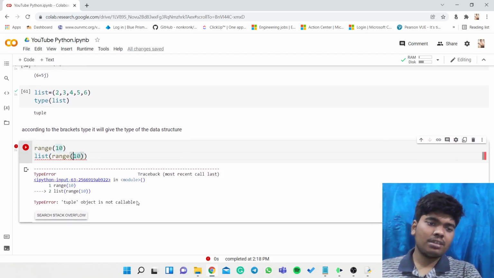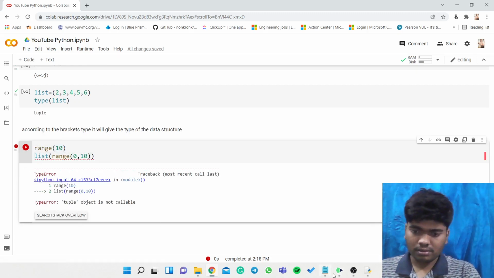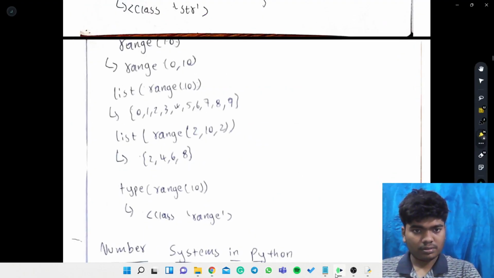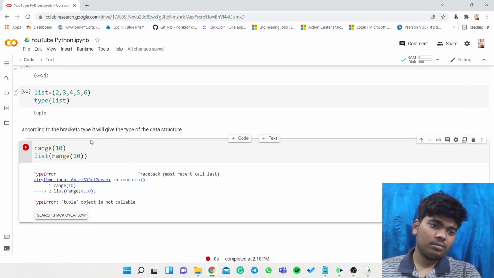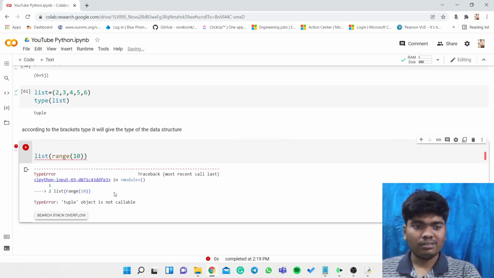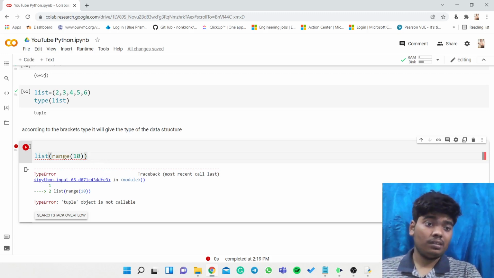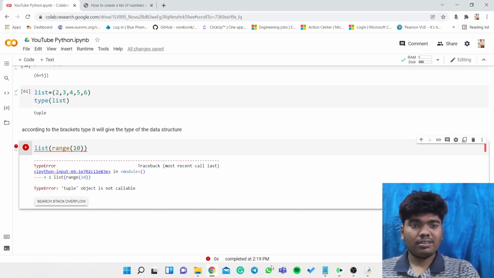Okay, we need to give the initial value. The initial value should be properly mentioned. List of range of 10. Actually I gave it like this, but I think we need to remove this. List of range of 10. Tuple object is not callable. We will see it later. I had searched for that in Google.